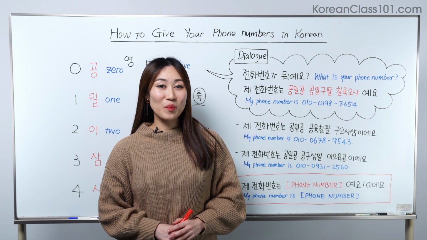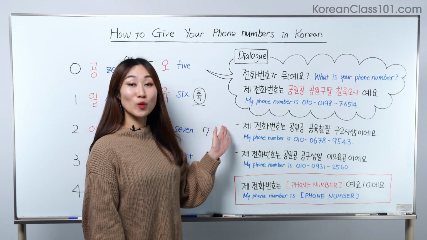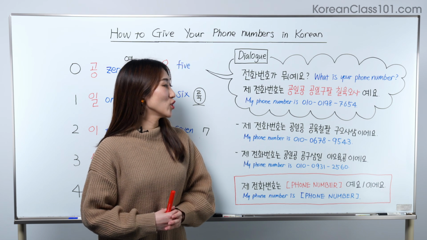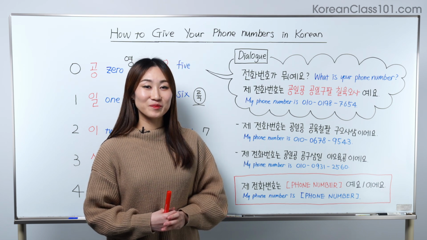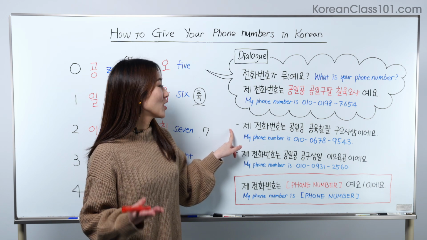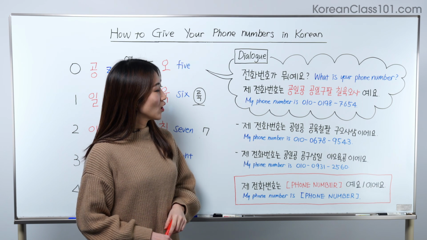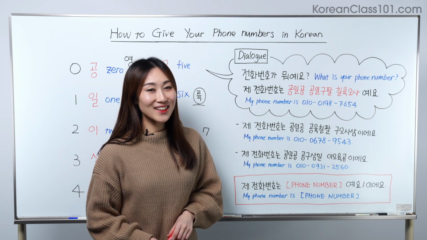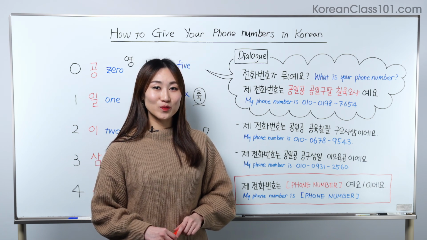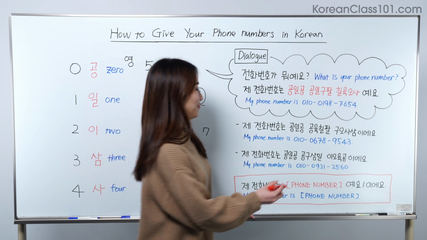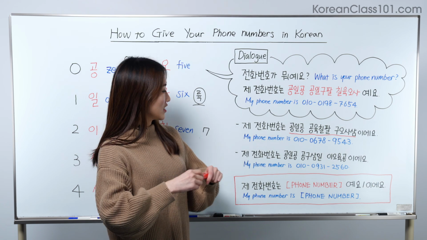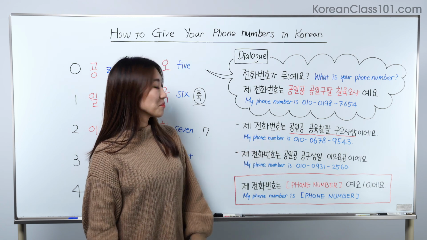Let's look at more examples. 제 전화번호는 010-0678-9543이에요. Did you find the numbers here? Here, these are the phone number. 제 전화번호는, again, my phone number,